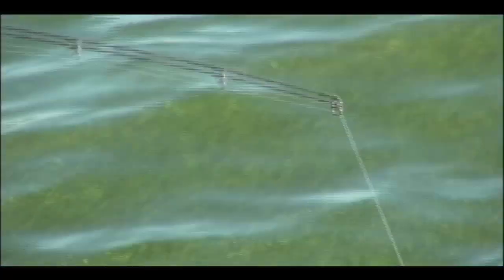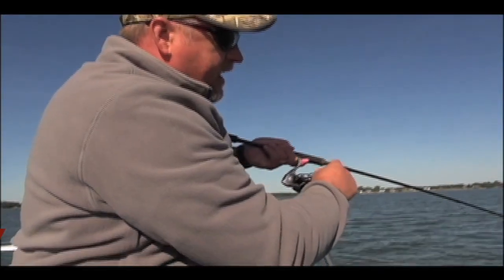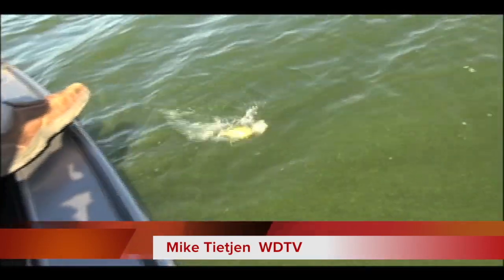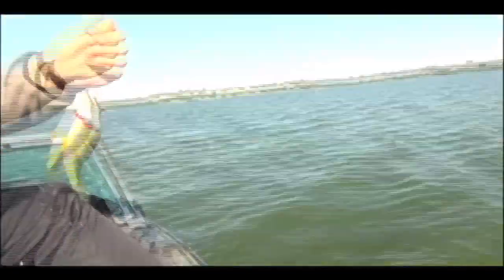You can see here, look at this rod tip load up. There he is right there. We're catching enough fish, look at that. Oh, this is fun. That's a pretty good one there too. All right, so